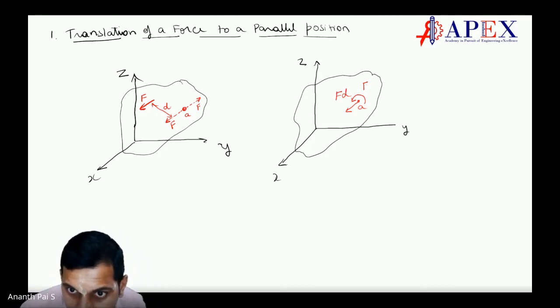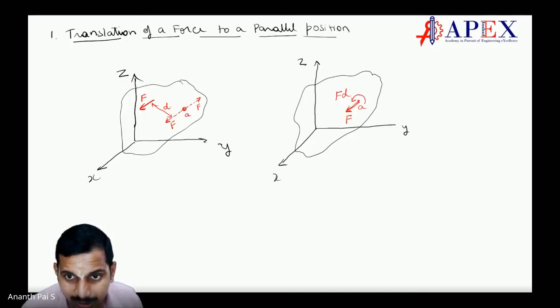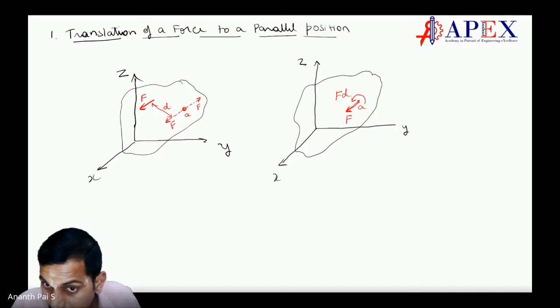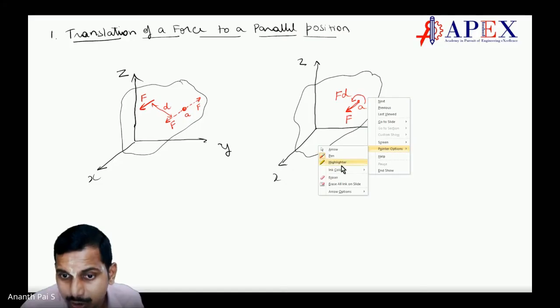I'm very sorry. This force is F here. So this force has been translated to a new position. So when it is translated to a new position, you get a couple there. This is one of the important things which we have to understand. The couple is calculated based on the right hand rule, right? Yes. Then the couple direction should be outwards, yes.